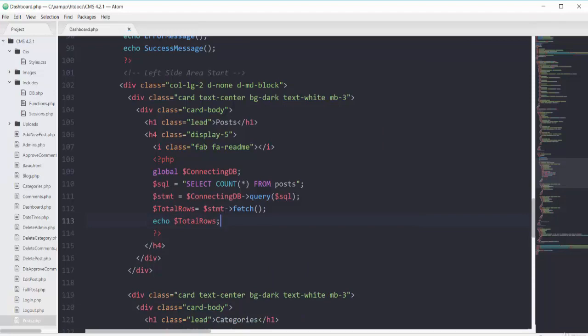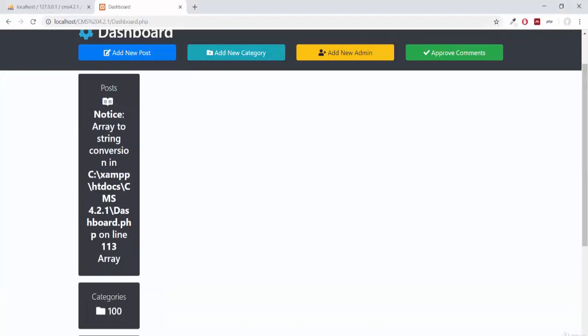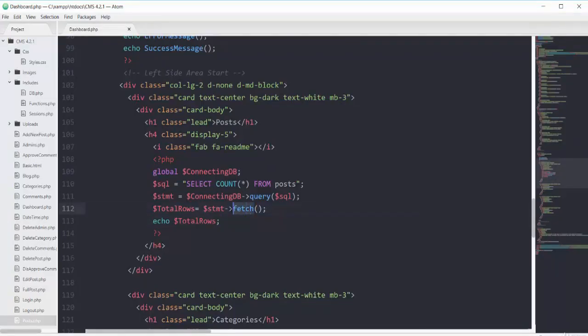saving this one, refreshing my page, you can see we got the error, array to string conversion on line 113. So this stmt fetch is fetching all the data in form of array, and we cannot show our array in form of a string.